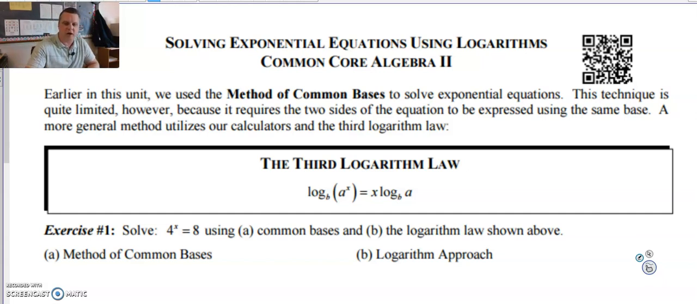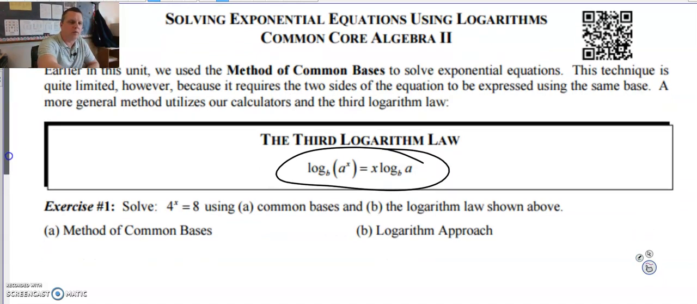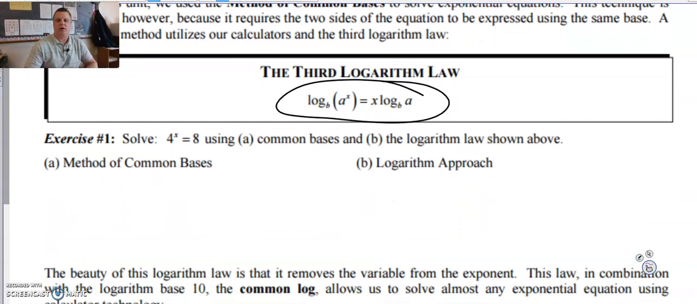So we already saw the power rule in the last section, where you have the power come down in front of the log. And that's going to be the premise of solving for our variables. And remember, you use logs when variables are in the exponent. So if we have